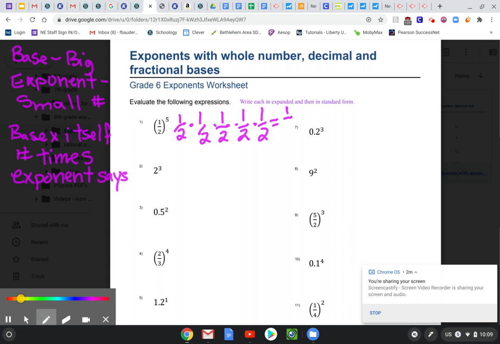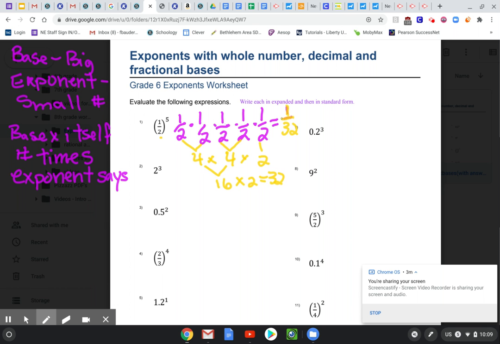And so if I look here, I'm going to start by multiplying my denominator. So 2 times 2 is 4. This 2 times 2 is 4. And then I have a 2 that's odd, so I'm going to just bring it down. Then I'm going to multiply 4 times 4, and I'm going to get 16. And then I'm going to multiply that 16 times 2, and that's going to give me 32. And so the denominator here should be 32. So my final answer is